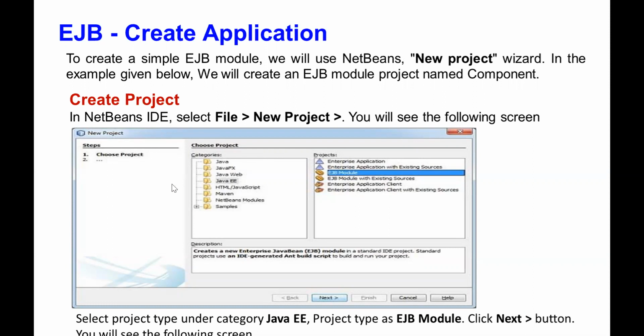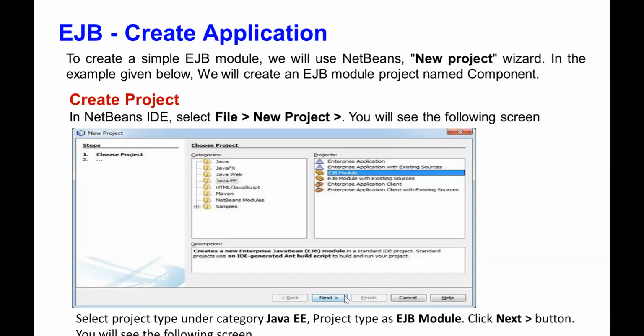You can select Java EE. When you click this category, Java EE, you can see here a project type, an EJB module. So this is important. We select the project type under the category Java EE, and the EJB module will be created.